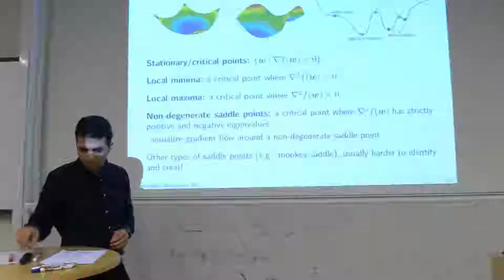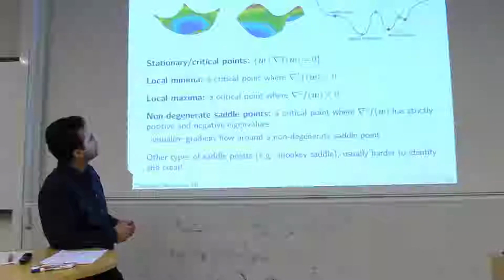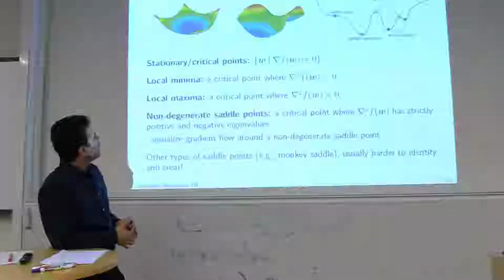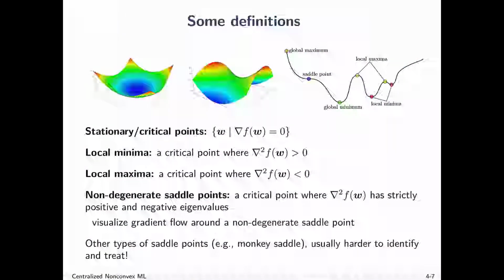Okay, so now something more formal about non-convex optimization. Definition 1 is a stationary point or critical point. This is the set of all points at which the gradient vanishes. So that's a basic definition. In the convex land, a stationary point is a global minimum. Well, it doesn't have to be a minimum, it could be a maximum as well, but then there is just one globally optimal solution. A local minimum is a critical point, so a point at which the gradient vanishes, and we do have this,